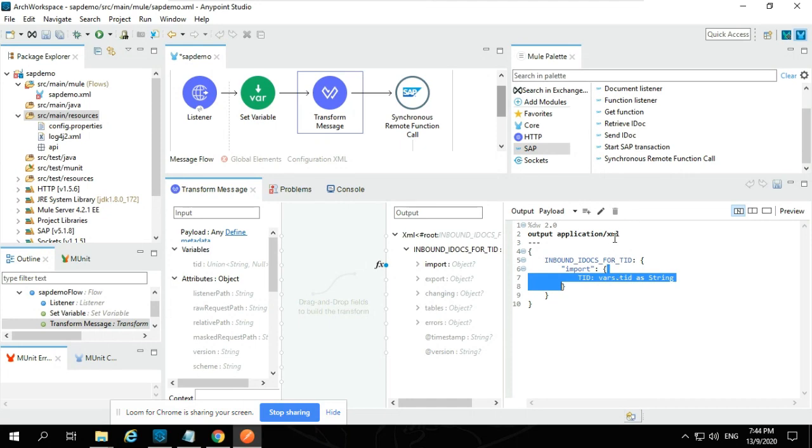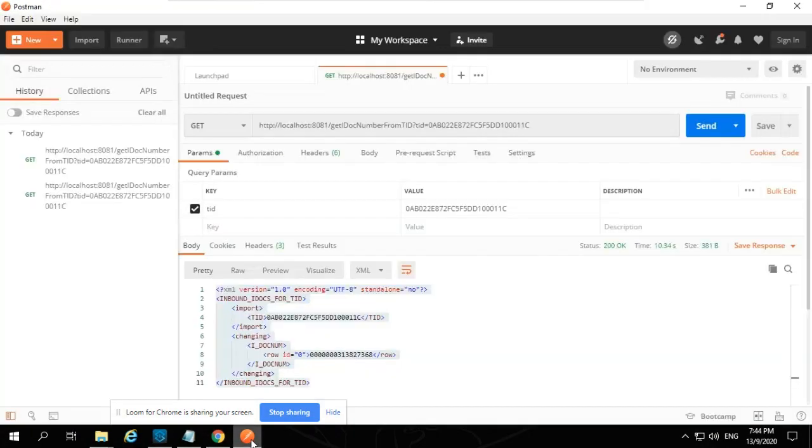SAP accepts it in XML format and also keeps the response in XML format. If you want to convert to some other format, such as converting the entire thing to JSON, you can do that, or if you want to take only the IDOC number value, you can take that and respond with it in the response as well.